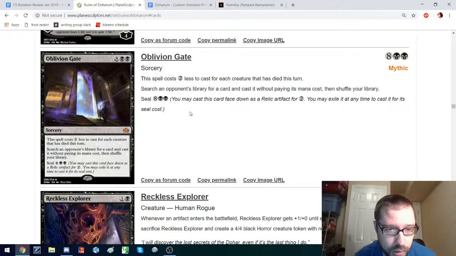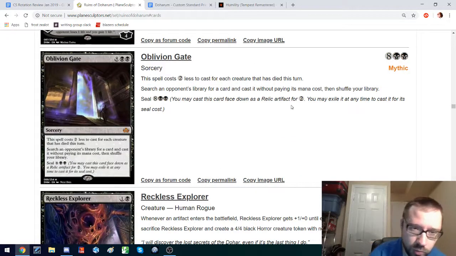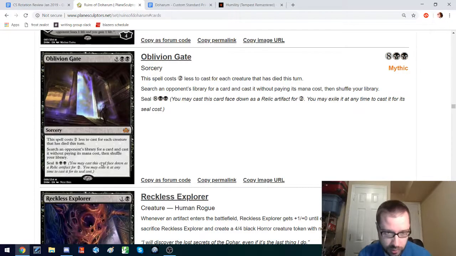Oh, okay. So I guess blue and black have these big mythic seal spells where there's cost reduction either on the number of spells you've cast this turn or creatures that have died. Oh my gosh. You can cast a card without paying its mana cost from their library. I like this design a lot. This is big and splashy and exciting, and I think